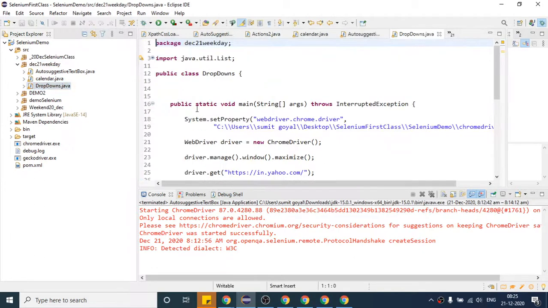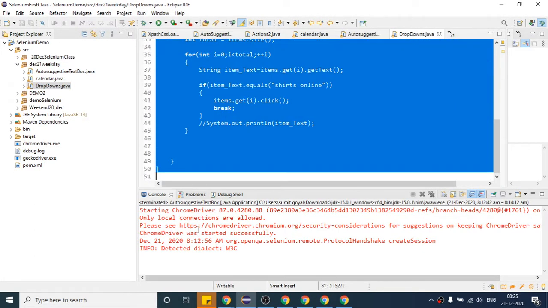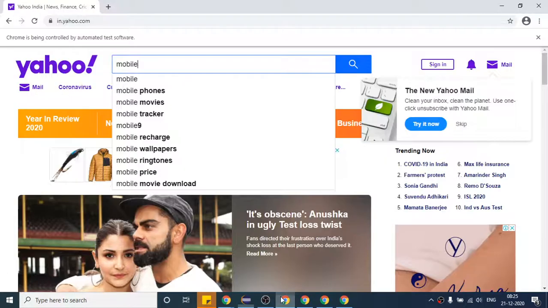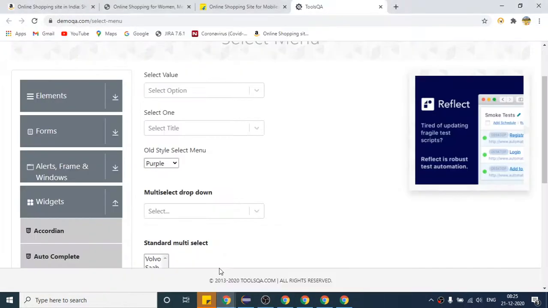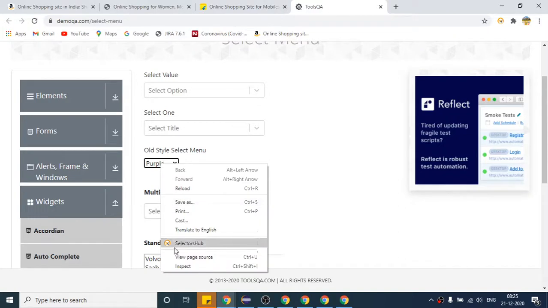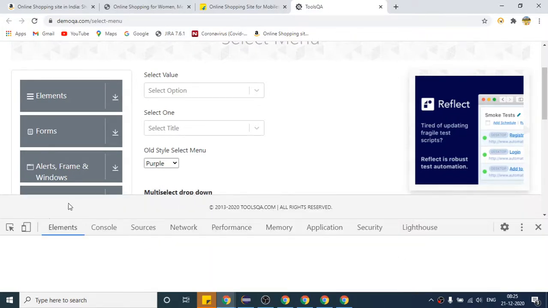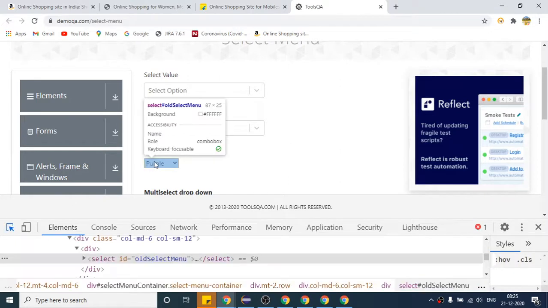class, and remove this code, driver dot get. So once you do this, basically for this kind of drop down, first let me check where this is present. To see this, I will use XPath.